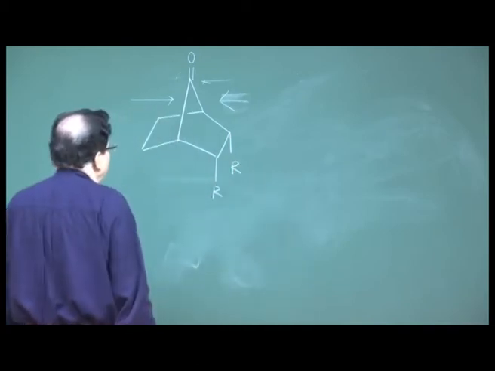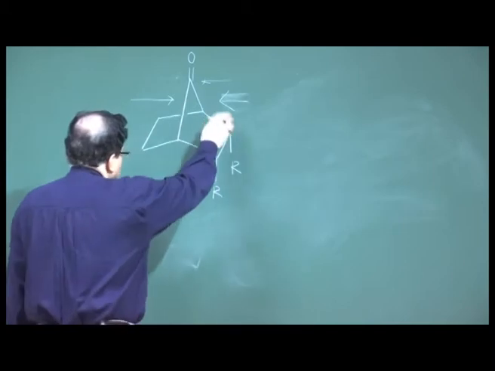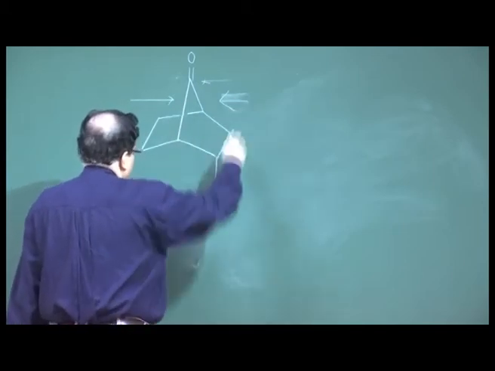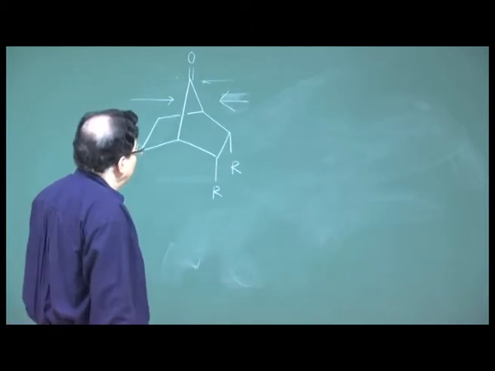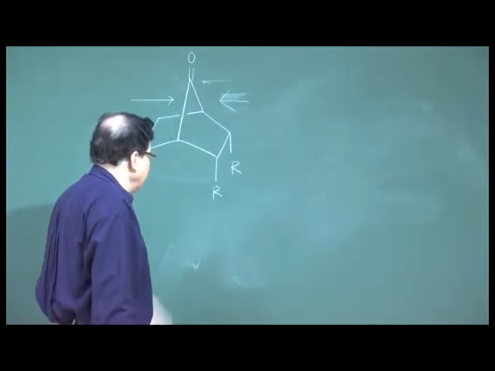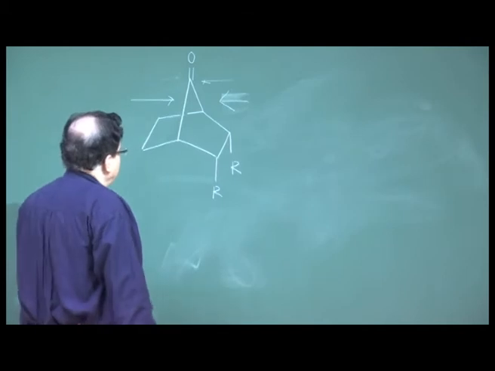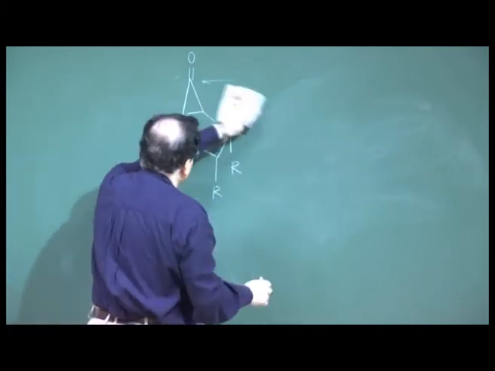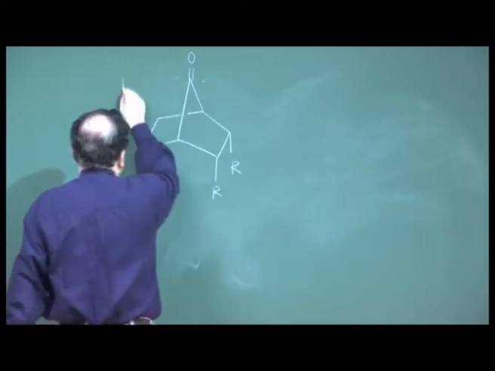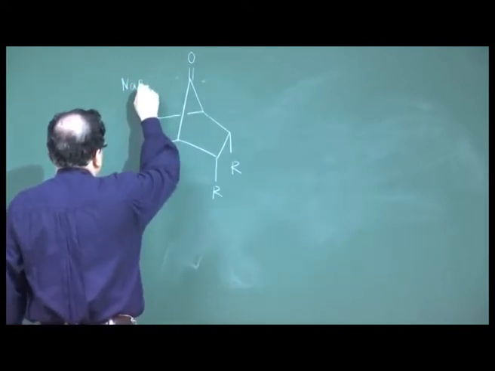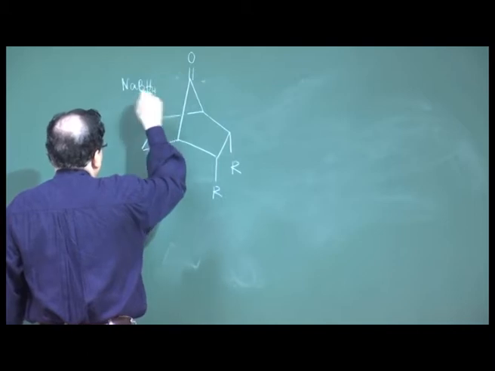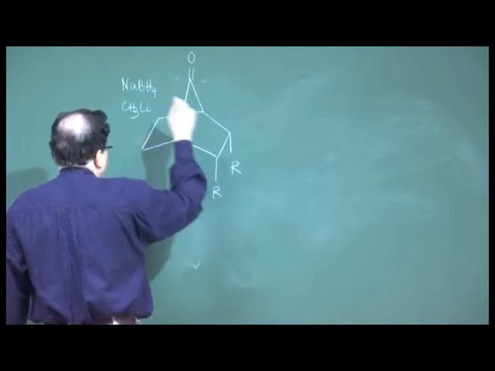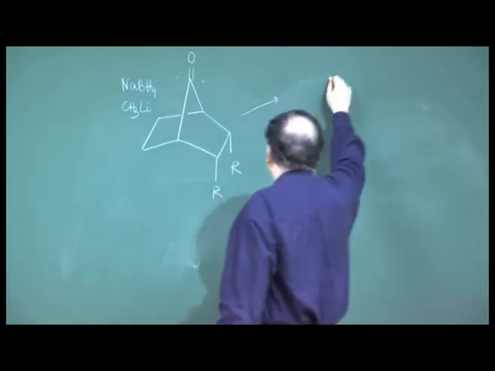Okay. Now, what happens, the face geometries are the same, because these R groups are not interfering with the faces, because they are pointing downwards. So, if the faces are identical, now the question is, first of all, if you do a sodium borohydride reduction, suppose, or a methyl lithium addition. Okay. So, what are the products? If sodium borohydride, you get